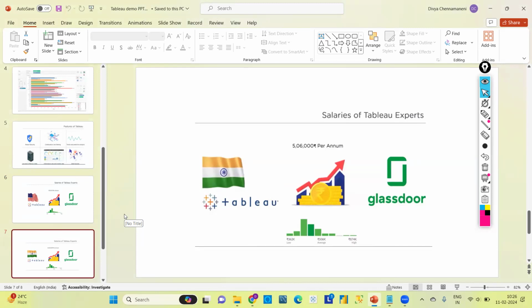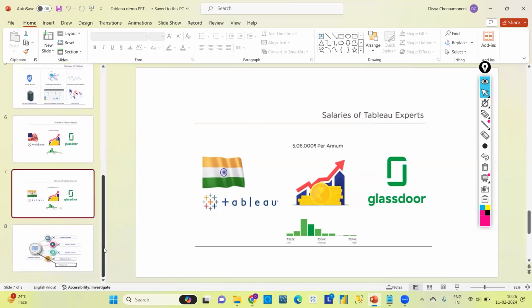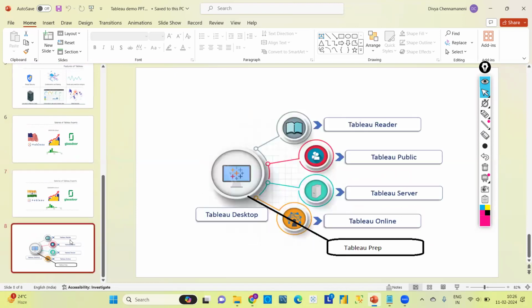As you all know, you might have heard about data science, right? Tableau is a part of data science. In data science, we analyze the data and build data models like machine learning models to increase the business market. So Tableau, or any visualization tool, comes under data science. As data science is booming in the market, Tableau and other visualization tools have high demand because of it.